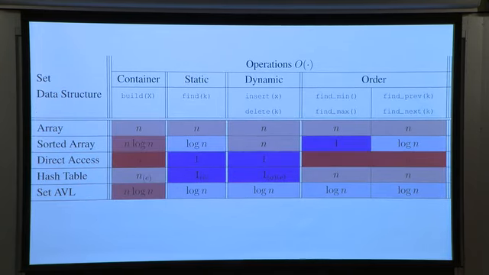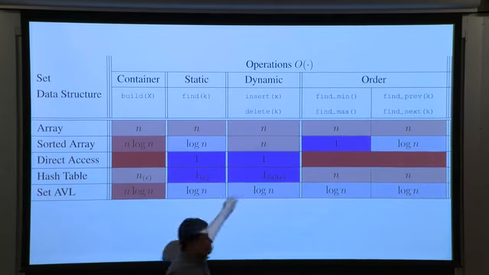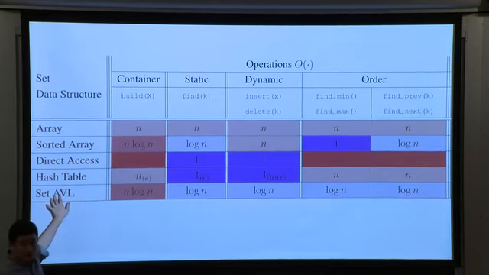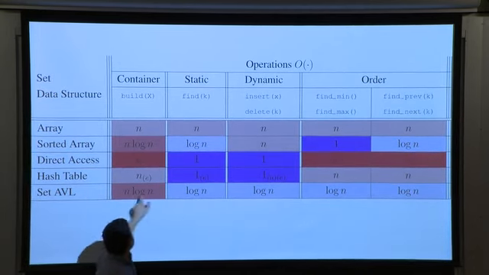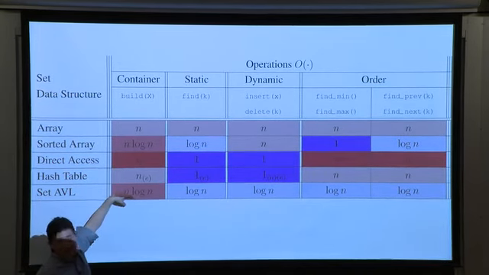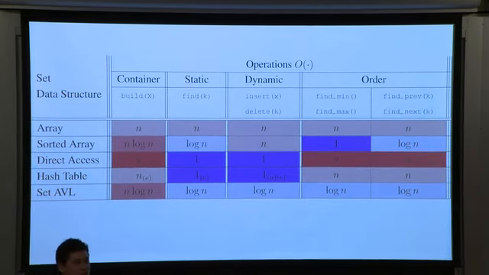Lastly, or I guess second to lastly, set data structures. There are a little bit more of these, not so many more. We had a sorted array, which gets good find, but is not dynamic. And we have set AVL tree, which does pretty good find and is dynamic. Again, you get this log n overhead to build because essentially what you're doing with both of those data structures is to sort.